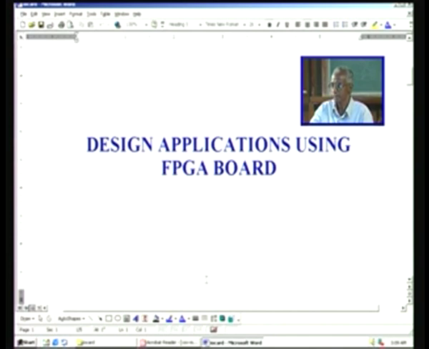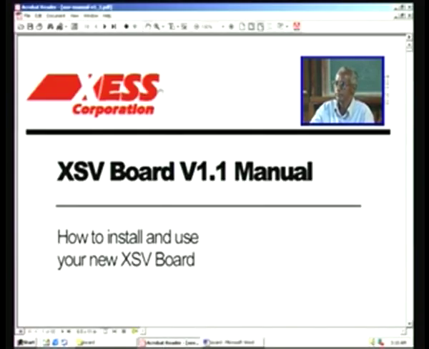First, let us see, there are many vendors as far as the boards are concerned, namely XESS and Avnet, and even Xilinx has some boards available, and plenty of other manufacturers are also available for making FPGA based boards, and they have very many features which you can readily use in many of the applications that you need for your own development. And let us first have a look at the XESS board, and this is from XESS Corporation, and that's a site